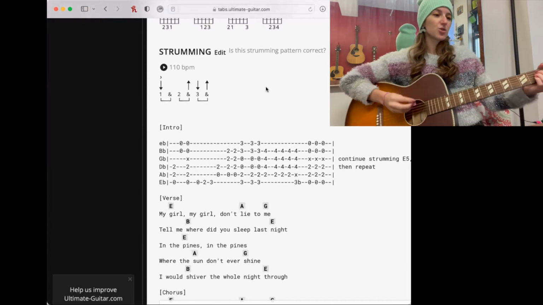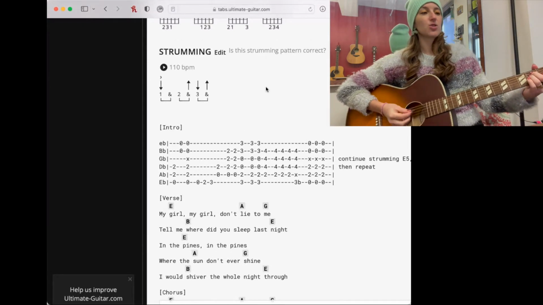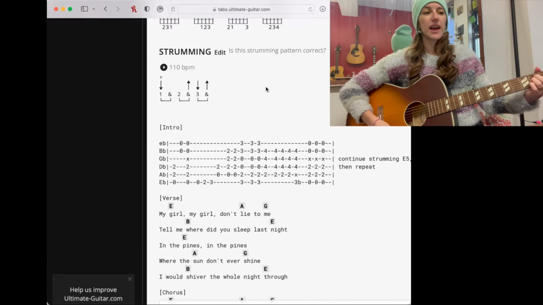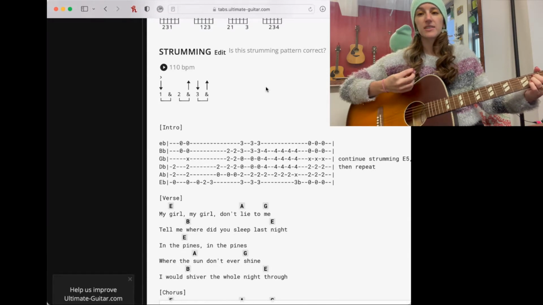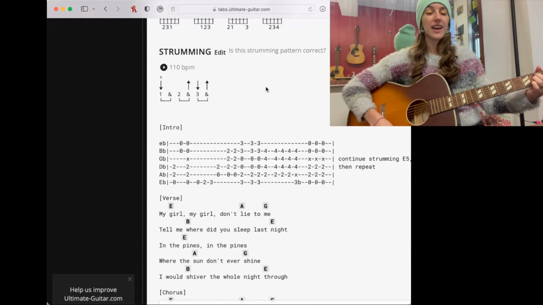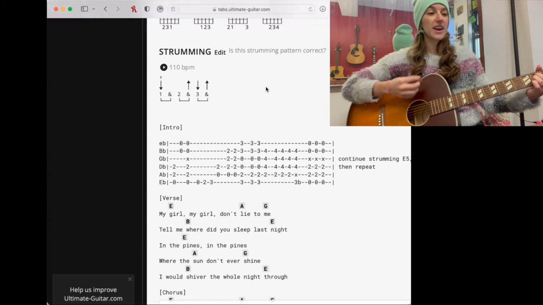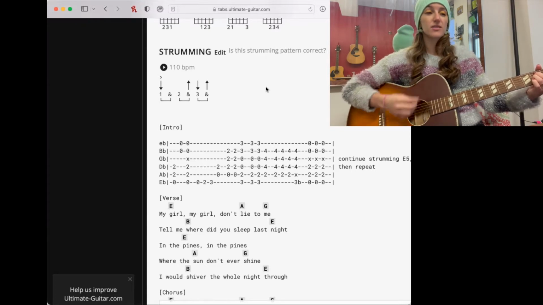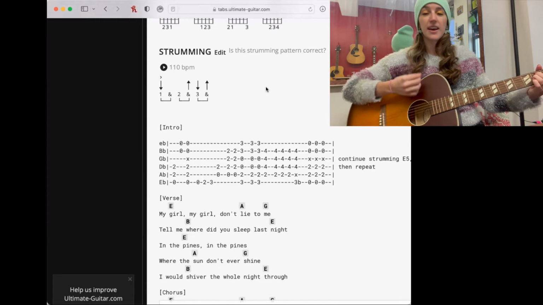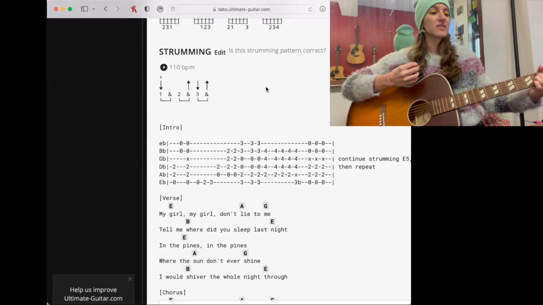You've got a down strum, and I'm playing an E chord here. You've got a down strum on 1, air strum, and 2, up on, and 3, and. Right? So it ends up sounding like this. 1 and 2 and 3 and 1 and 2 and 3 and. A little bit faster, you've got